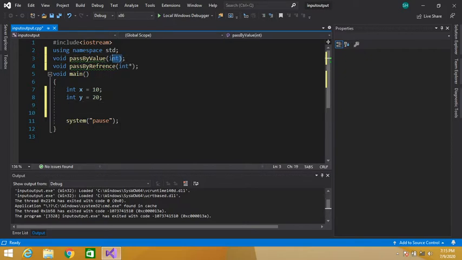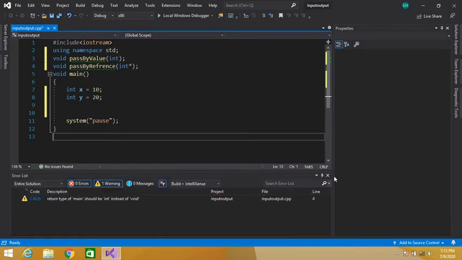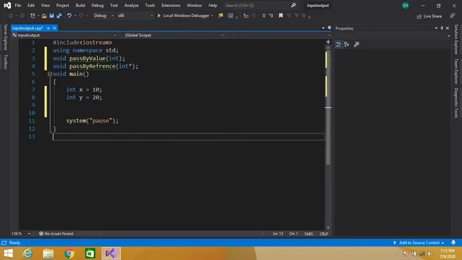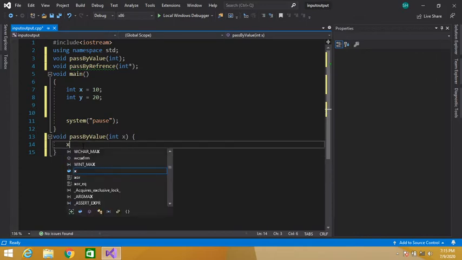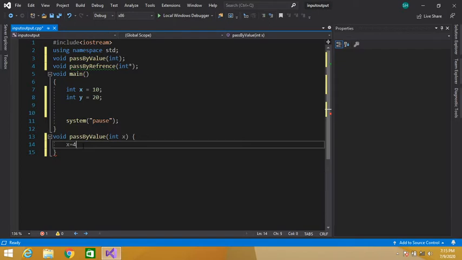So let's copy this, and down here pass by value, x, and here x is equal to say 40.